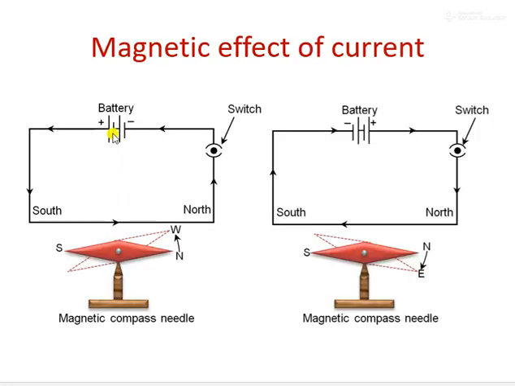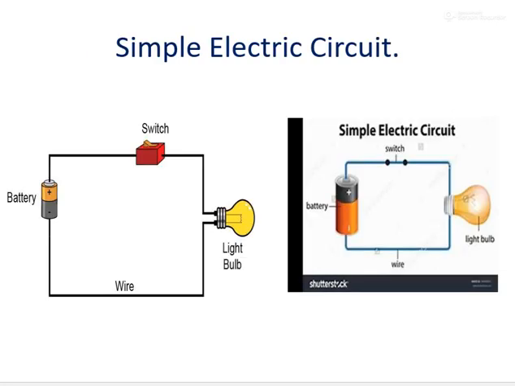can you see this battery symbol? One big line and one small line. The big vertical line stands for the positive terminal and the small vertical line for the negative terminal. So we can use these particular symbols to show the particular parts. This type of connection of electrical components is called an electrical circuit. Clear everyone?